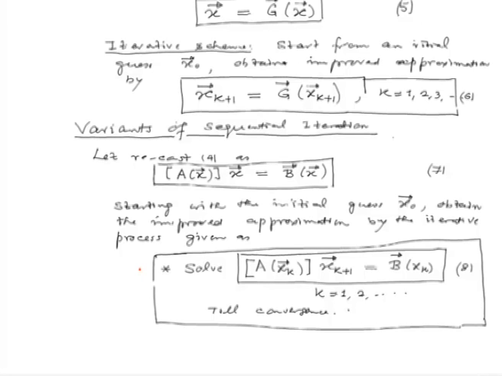So, let us call the earlier one variant 1, and variant 2 could be that we would solve the linear system A of x0 for a vector, let us call it x star, equal to b of x0. So, instead of starting from x0, now let us obtain a bit more accurate approximation for our